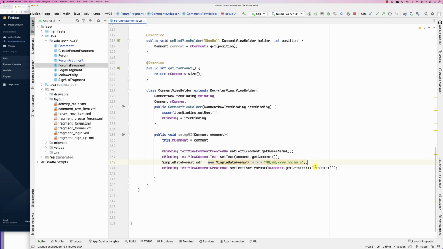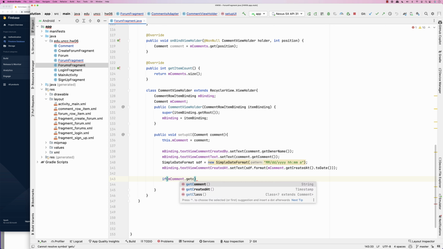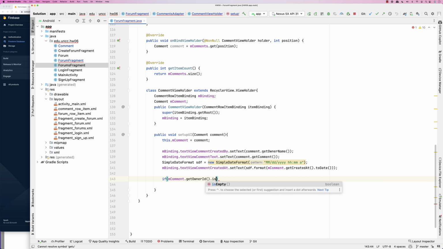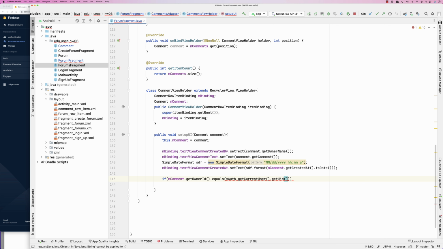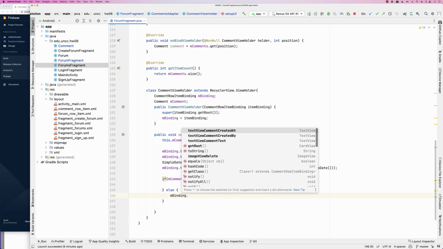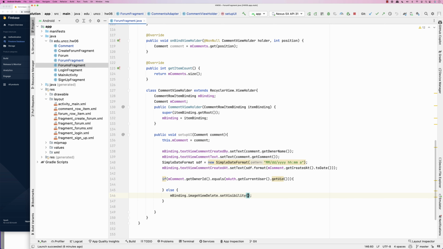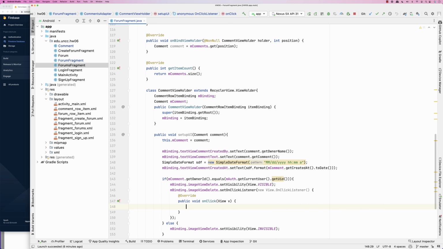Okay, we're good. So we have the date, then we can do this if comment dot get owner ID dot equals auth dot get current user dot get UID, right? If they are equal, else if they are not equal. So binding dot image view delete dot set visibility to invisible, right? Otherwise it is visible. Okay, Control C will make it visible, right? And then we can set up the deletion. So binding dot image view dot set on click listener new on click listener, and that's how we're going to